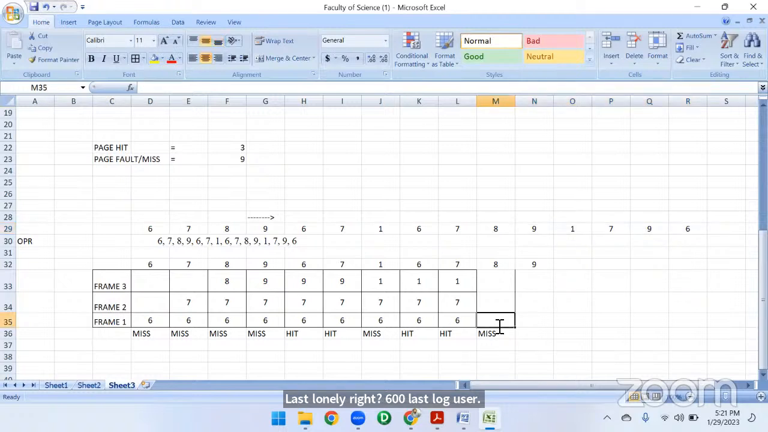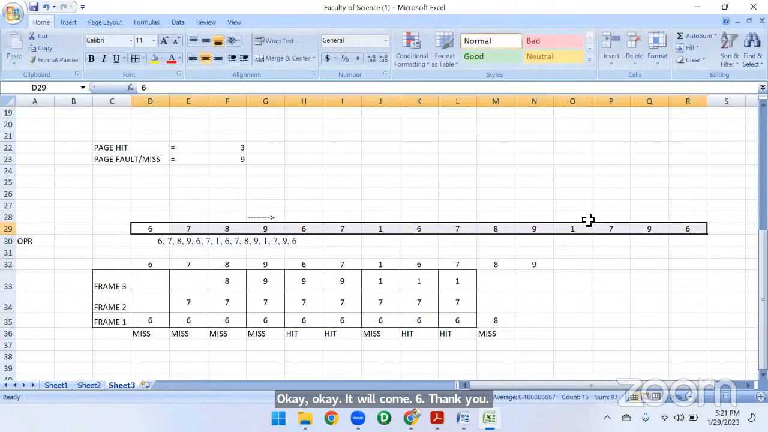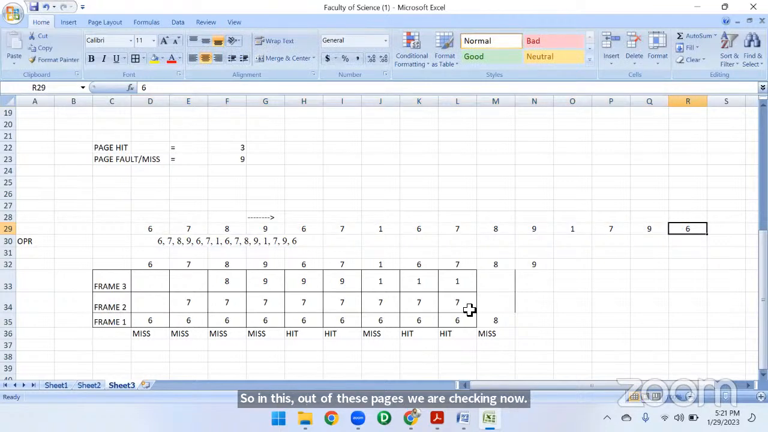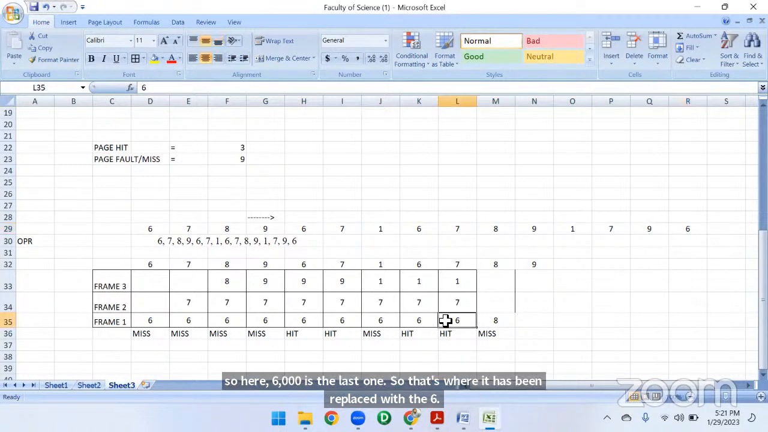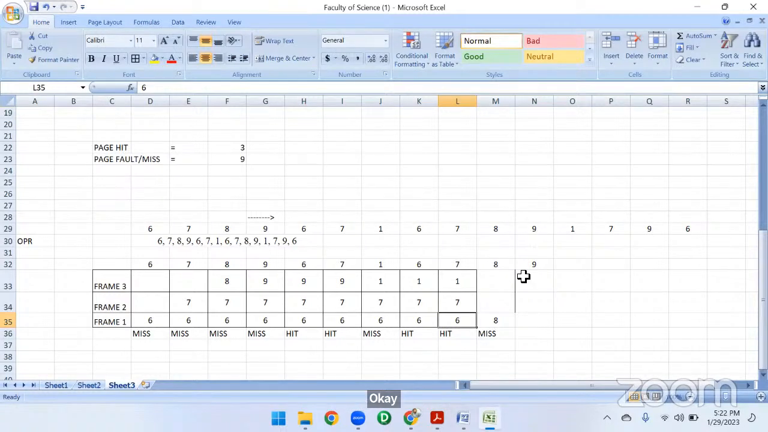Means it is not limited pages, it is a number of pages. So it will come 8, okay, it will come 6. Suppose for example, we have this many papers, this many pages. Out of these pages, we are checking now. Here 6 is the last one, so that's why it has been replaced with the 6. Means when we are replacing this, this process has been executed, not deleted. The 6th page has been executed from the memory. దీన్ని క్యాలిక్యులేట్ చేసి పంపించేస్తుంది. ఇది మెమరీ నుంచి డిలీట్ చేయట్లేదు అది, రైట్? సో నెక్స్ట్ 1, 7 అనేది